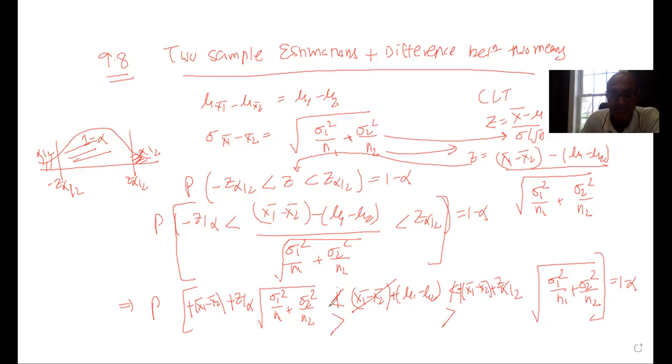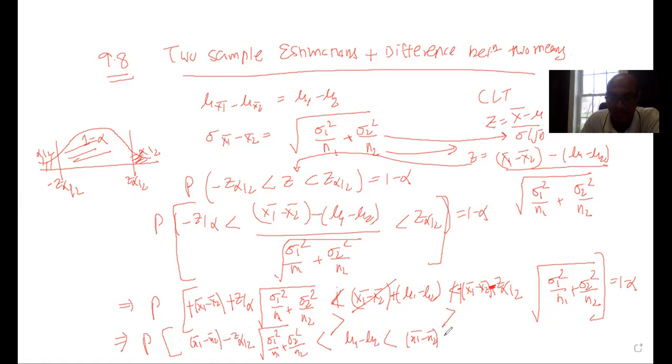If I write the same thing in reverse order, that means this part first, so that implies that probability of, you can write probability of x1, and if you multiply by negative, this has to be negative, right? This is negative. So it is now x1 bar minus x2 bar, negative z alpha by 2 and square root of sigma 1 square by n1 plus sigma 2 square by n2, is less than nu1 minus nu2 and is less than